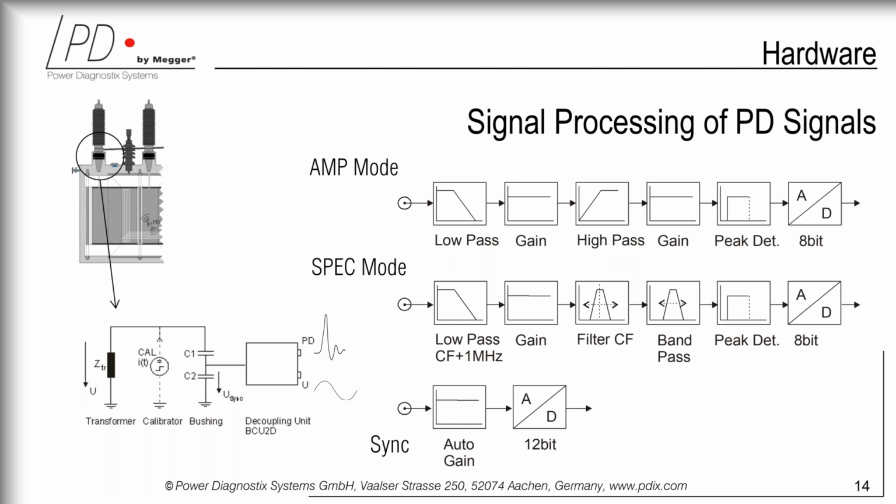Within the transformer, you can see now a section where you see the main tank, you see the bushing, and if you look, you basically have a simplified block line diagram that looks at the transformer, the calibrator, the bushing, and the decoupling unit. So something that I haven't mentioned now was this business with the calibrator. So before, and in fact even during the factory acceptance test, the calibrator is used in order to calibrate for a certain level of picocoulomb